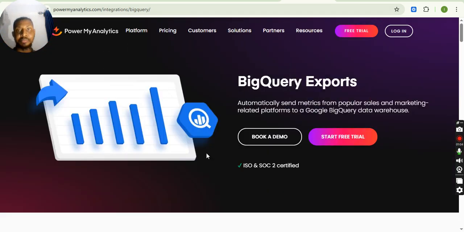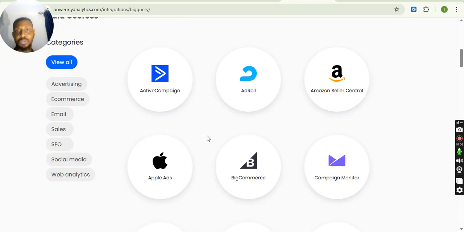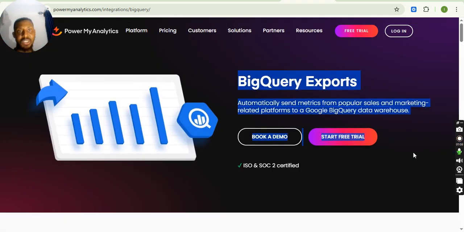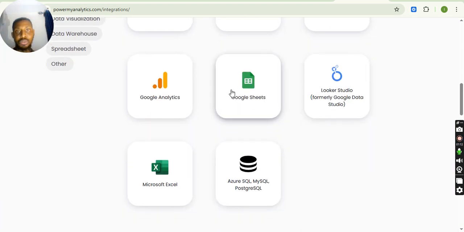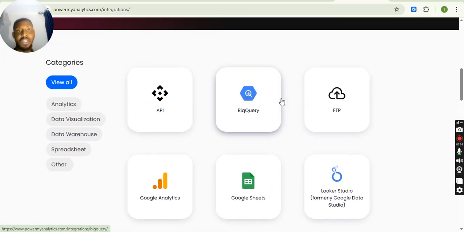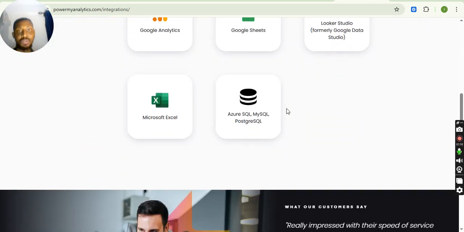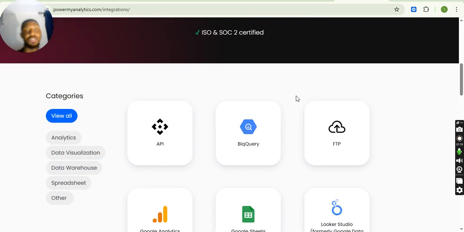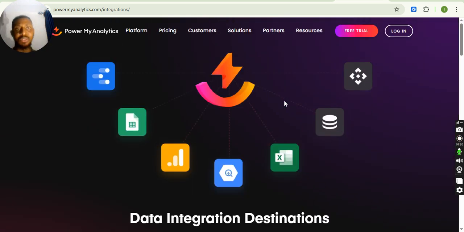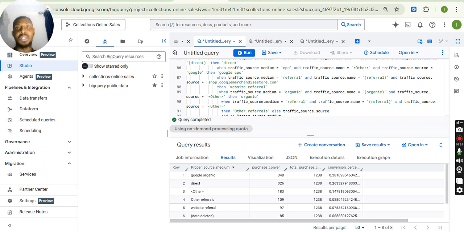You can see it allows for BigQuery exports, precisely explained. There are also other places you can export your data to, other platforms. But for this video, I believe in your description you talked about BigQuery particularly. So yes, BigQuery. Now the next step we are going to take is